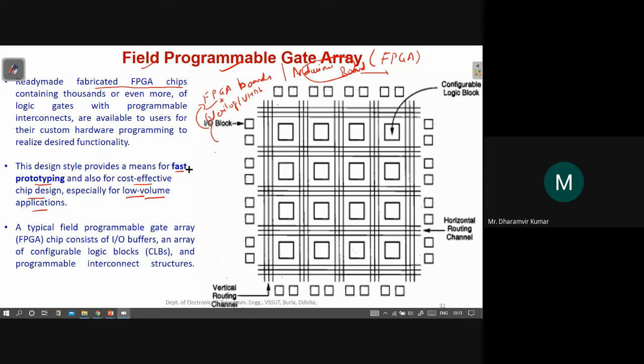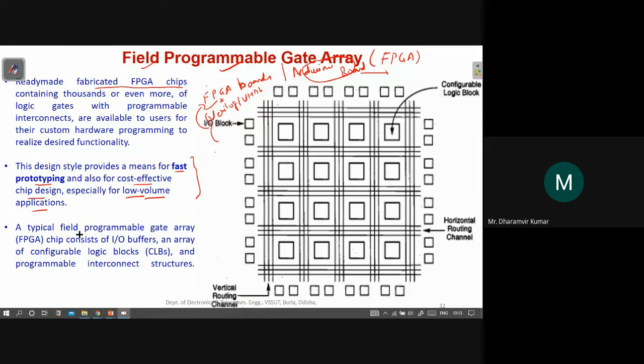Because the FPGA board costs, when the requirement is small in number, then we can opt for this. Otherwise, for prototyping purposes, it's suited best. But when the demand is high, when you want lakhs or millions of your design, it is not a wise decision to go with FPGA, because in that case it will become costly. In that case, you can go with standard cell-based design or full custom.